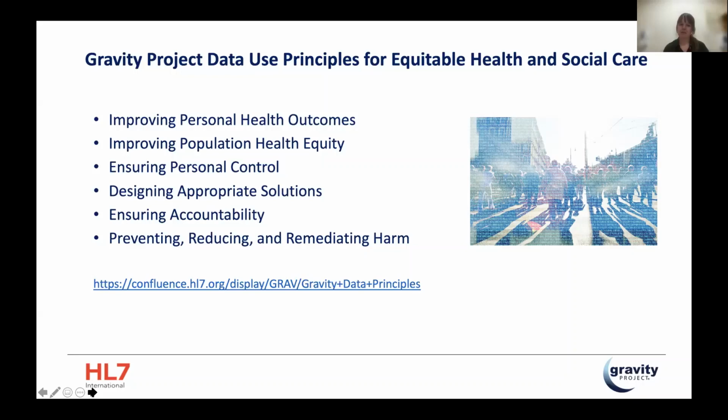We have to make sure that we're ensuring accountability, and in every single thing that we do, we have to aim to prevent, reduce, and remediate harm. So as we do all of our work in Gravity, these are the principles that ground us. And again, they're based on some of the literature regarding data justice and bias and everything from what's not being mentioned, such as the Indigenous or COVID data project in the US, to what happens when you do have data with bias and algorithms and all the concerns that happen therewith. So there's the link in the chat, as I mentioned.